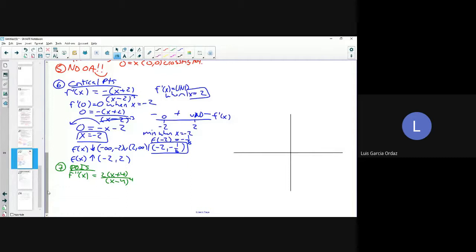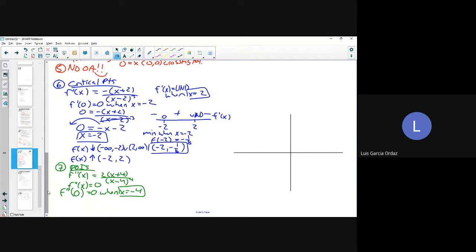So when I set my f double prime of x equal to 0, that's going to tell me when a point of inflection happens. So f double prime is equal to 0 when x is equal to -4, which is my numerator,